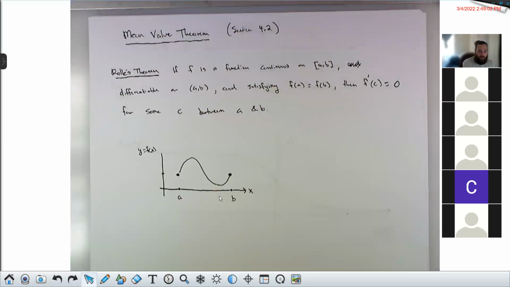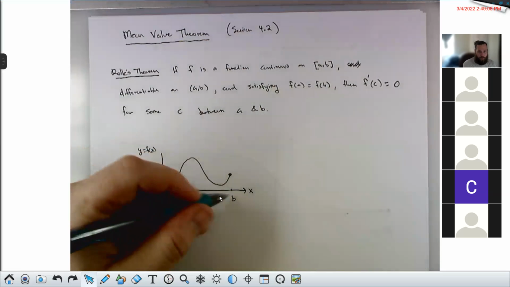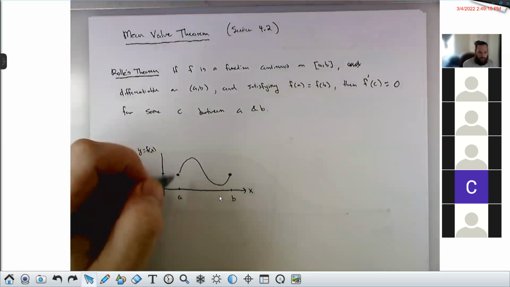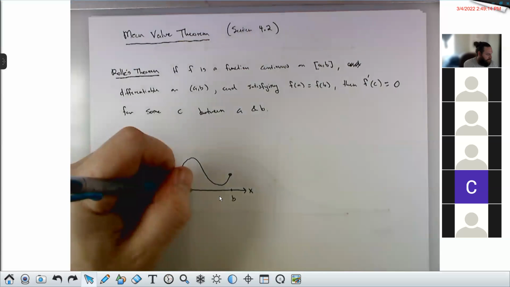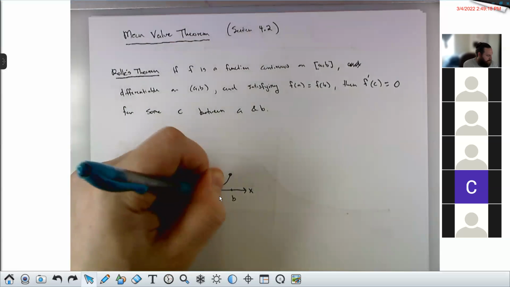At least one. There could be several, but no matter how you try to avoid it, if this curve is going to be smooth, differentiable everywhere in here, and connected, continuous everywhere in here, then there must be at least one value of c